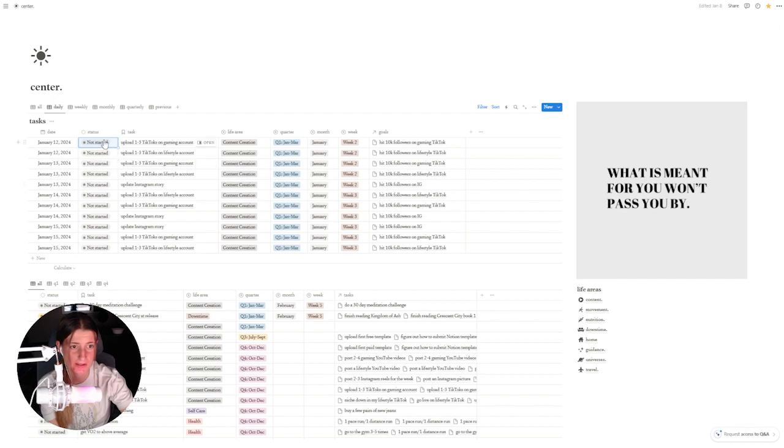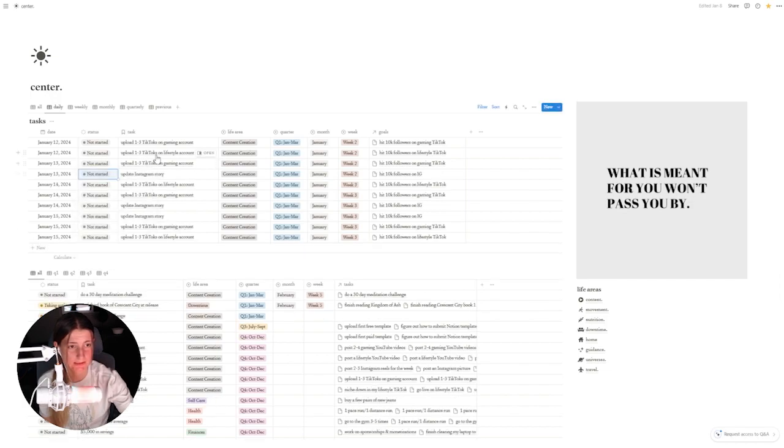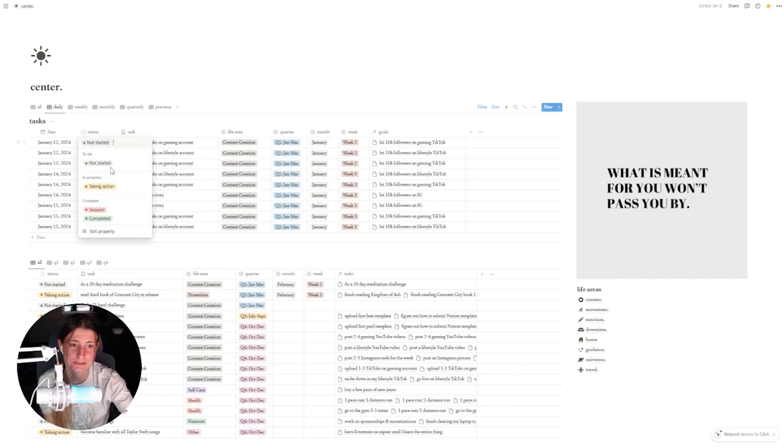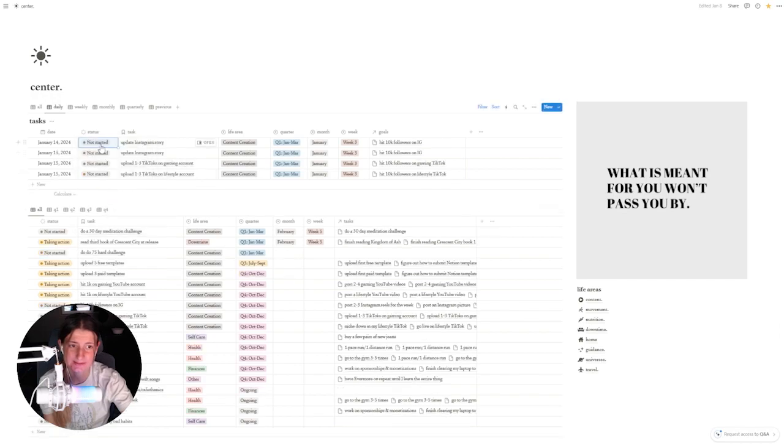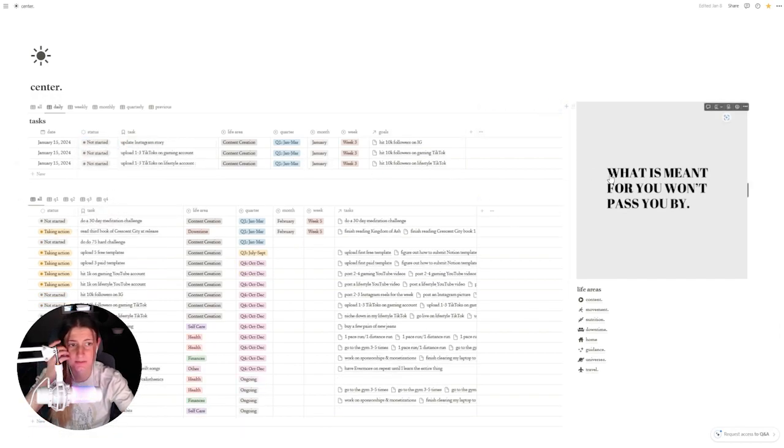And these goals will only go away if I put that they were skipped or completed. That way I always know what I did, because if I don't mark it, then there's a chance when I look back on all of this, I won't know whether I actually did it or not. So I really don't want them to disappear when the next day comes on. So I'm thinking I haven't uploaded TikToks since the 12th. Let's see. No, okay, I actually uploaded one on the 13th and that's it. So obviously not doing super good on my dailies, but it's good to have this just so that I can keep myself in check.